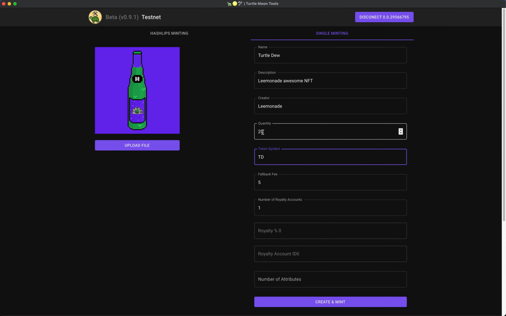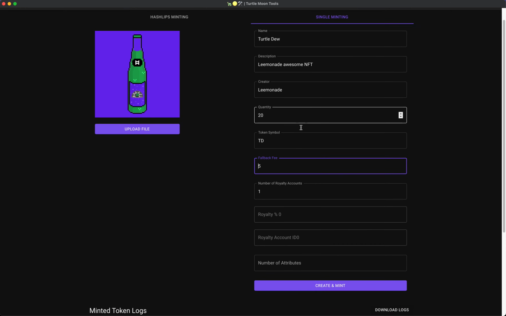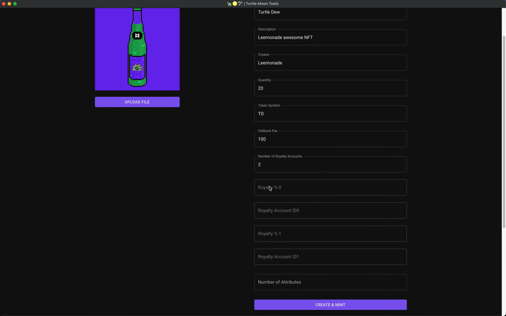We're going to make 20 of the same image minted, and this is going to be the information. And we're setting the metadata that's going to be on each of those mints. So fallback fee, let's say that's 100. Royalty accounts, let's just make that 2 so we can show that dynamic. So we're going to,